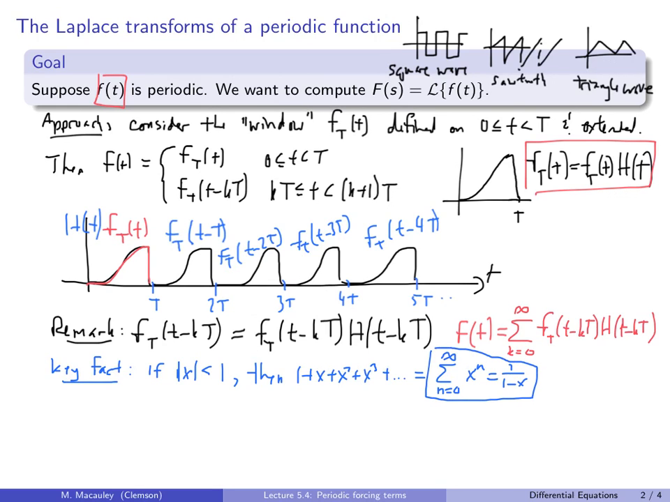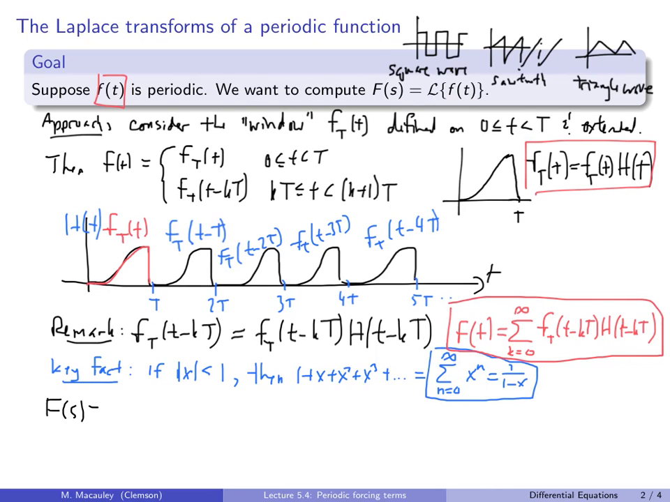Okay, so why is that important? Well, let's apply that to evaluating the Laplace transform. So this is what we want. What we want to do originally is compute the Laplace transform of this function. We're going to do that by computing the Laplace transform of the function written like this. Okay, so let's do that. So let's write F